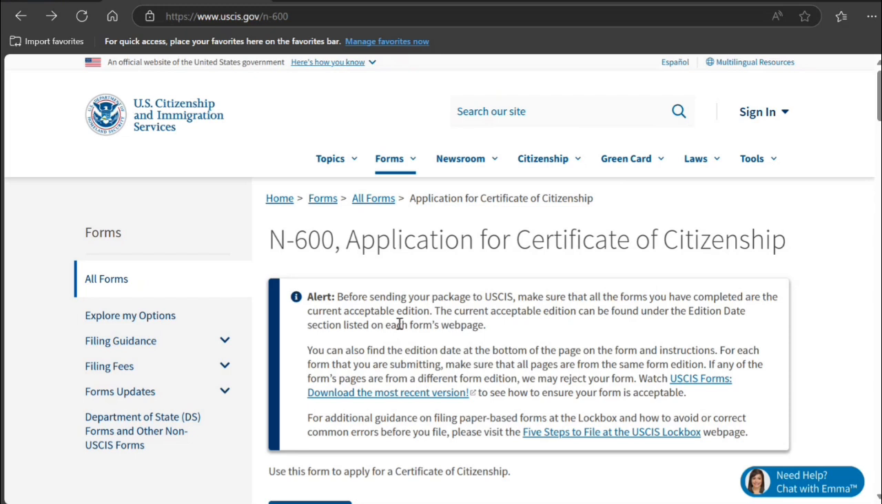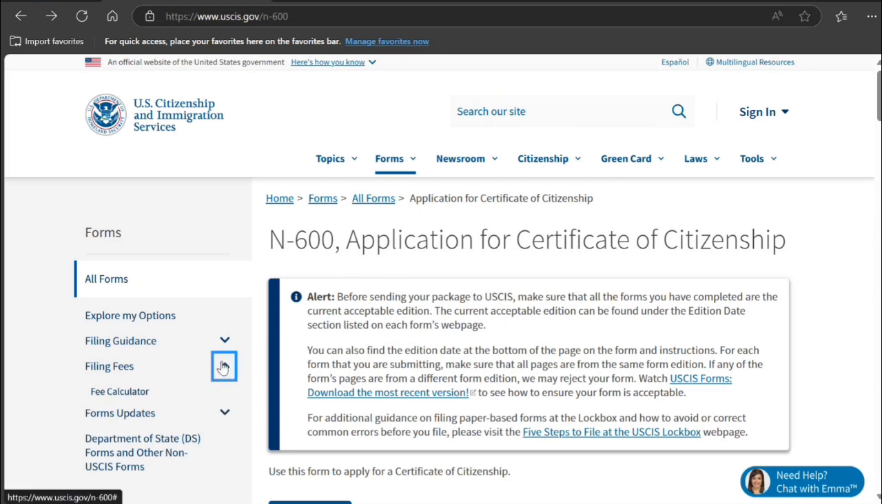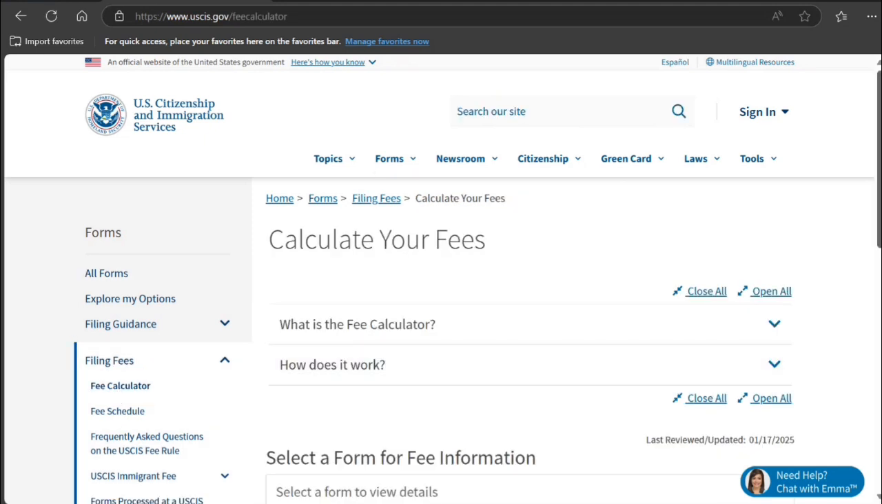So guys, in front of you, I have opened the US Citizenship and Immigration Services, USCIS site. Here, I have taken it to the N-600 application for certificate of citizenship. You can see the filing fee also. So if you go for the fee calculator,